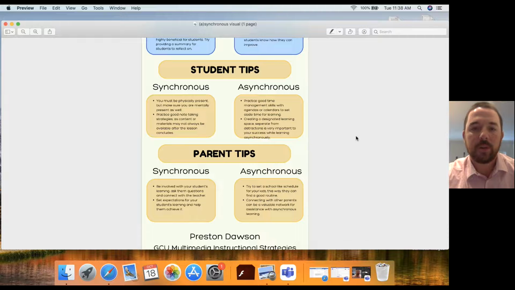Some student tips for synchronous. You must be physically present, but make sure you're mentally present as well. It's easy to roll into class half asleep and not really be completely locked in. So just make sure that you're physically and mentally present. Practice good note-taking strategies. As we talked about earlier, you may not be able to access the material afterwards, but if you're taking good notes and practicing good note-taking strategies, then most likely you're going to be just fine for